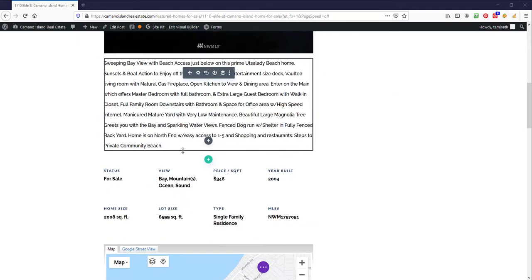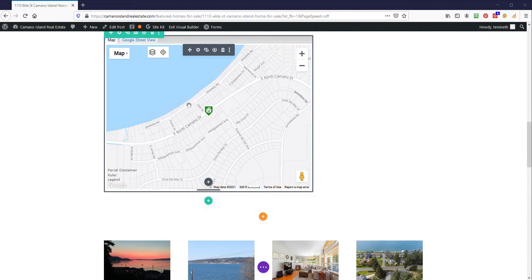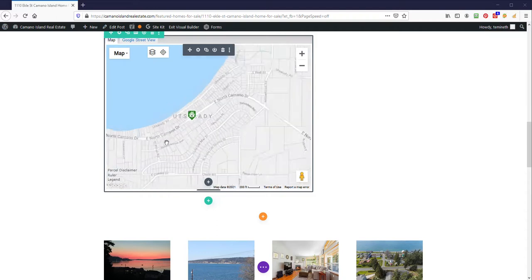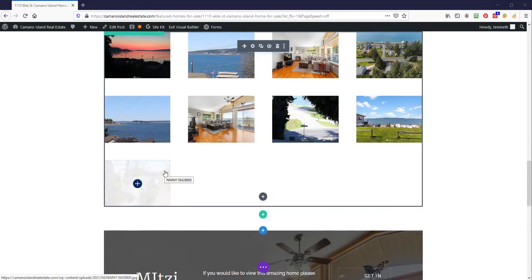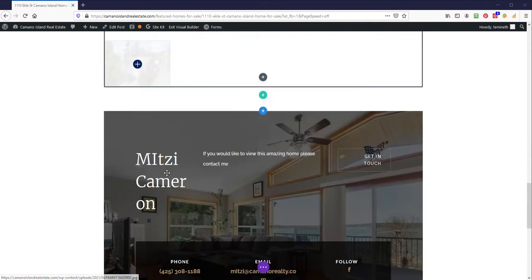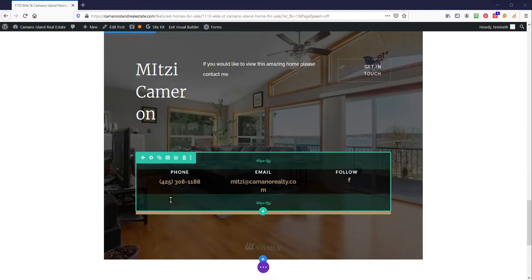I copied the information from the multiple listing service. I filled out this section. We've embedded the map from the MLS. And then we've added some pictures for the gallery. There's some more to be added. Last thing that we've done is we've changed this to be a picture of the home and changed all of